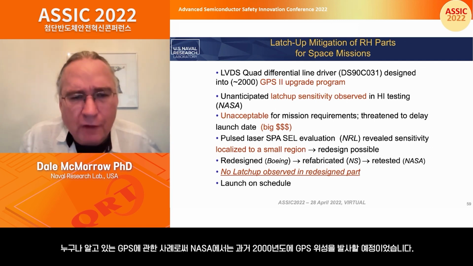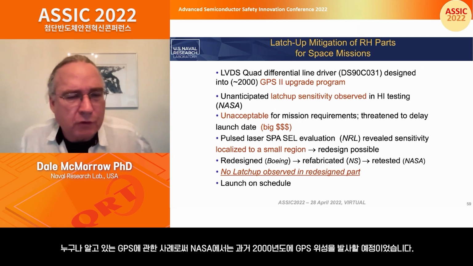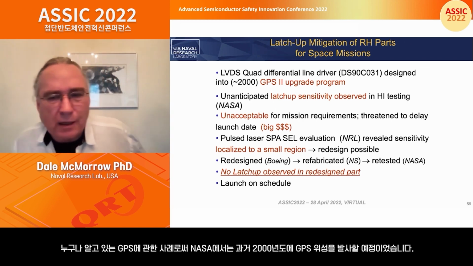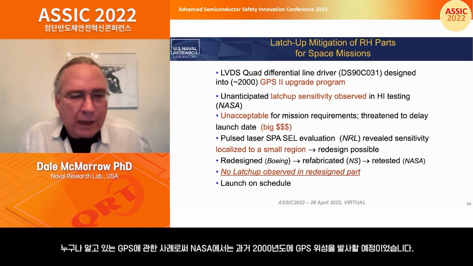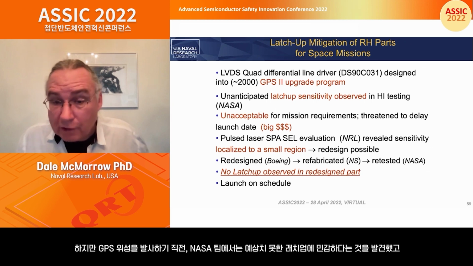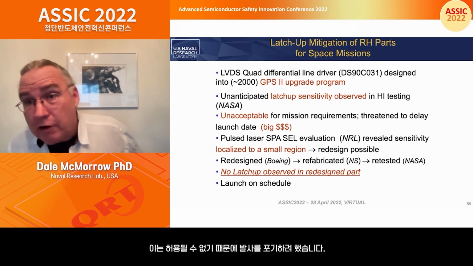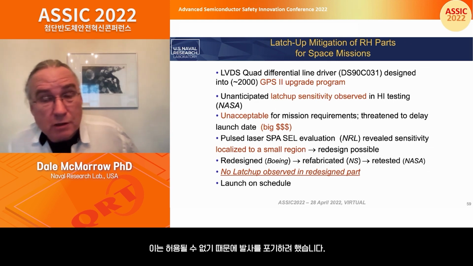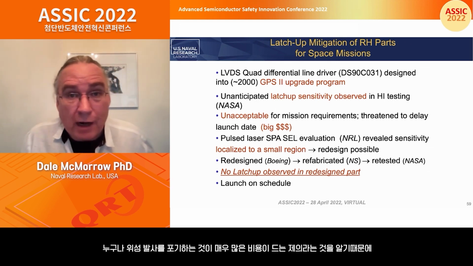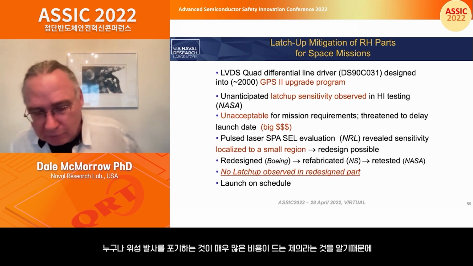Everybody knows GPS. The GPS-2 satellite was about to launch back in 2000. And what they found at the last minute, the NASA team did, was that it had a latch-up sensitivity. And this is unacceptable. They were very possibly going to scrub the launch. Anybody that's launched a satellite knows that scrubbing a launch is an extremely expensive proposition, and they don't want to